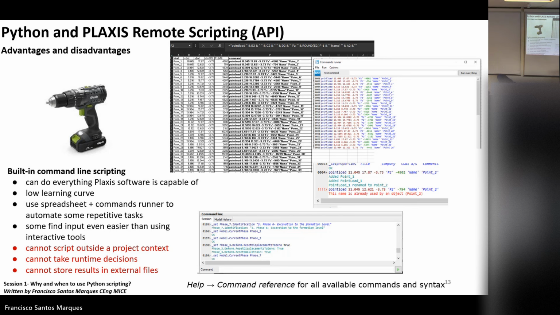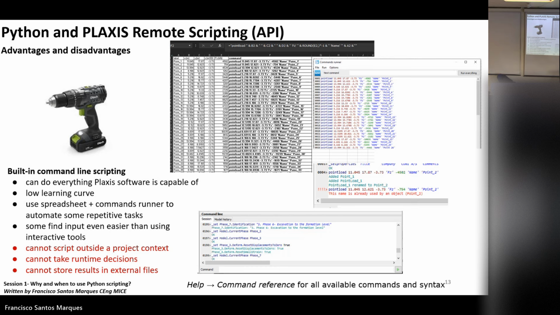And I think most people who work with Plaxis 3D probably already take advantage of the command line, because if you know how to define a line in the command line, which is very easy, you just write line, then the coordinates of the first point and the coordinates of the second point.